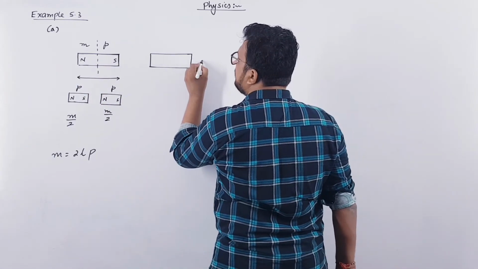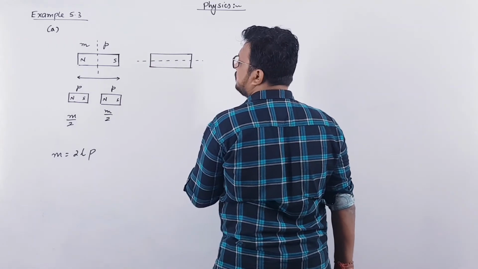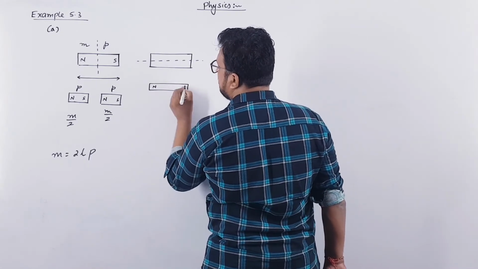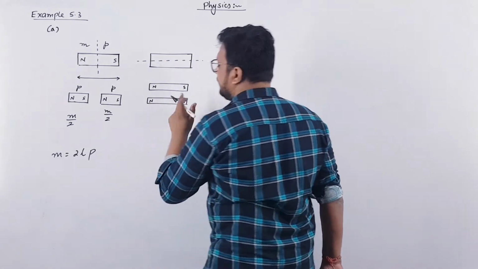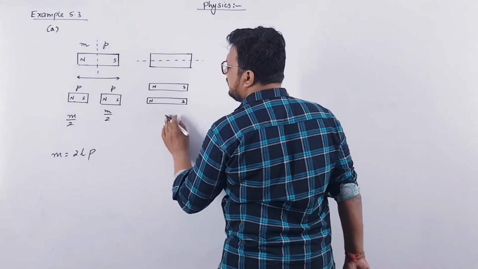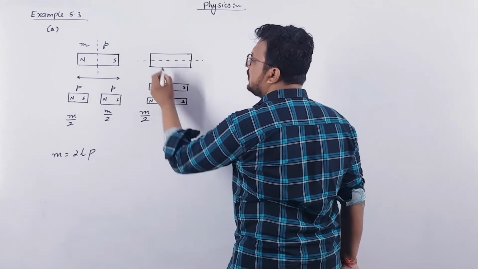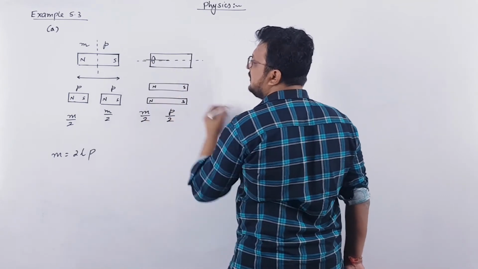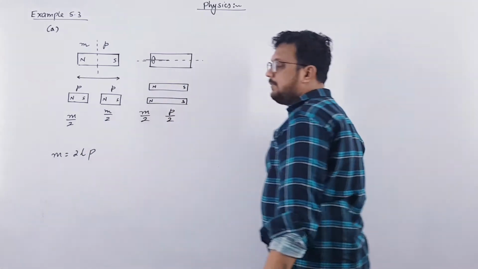Now in second case, if you cut the bar magnet along its length, in this direction, along its axis you can say. So here also we will get 2 magnets, north, south, and here also we will get north, south. Right, so here we will get 2 magnets, and here magnetic dipole moment will become half, as well as pole strength will also become half because you are cutting this along its length. So here pole strength P is there, so if you cut it through its length, it will divide by 2. So pole strength will be P by 2, as well as magnetic dipole moment will be half only.